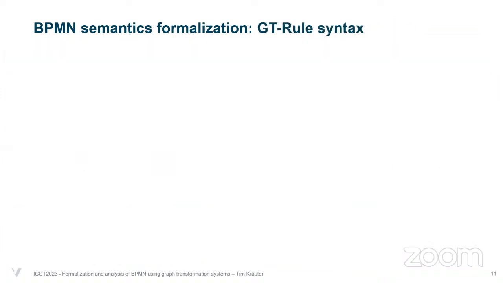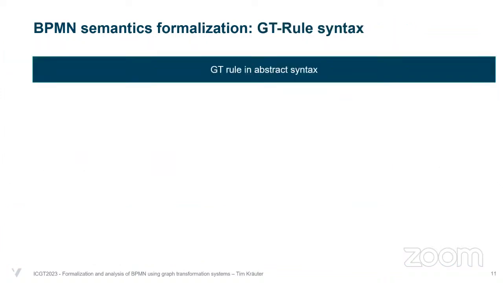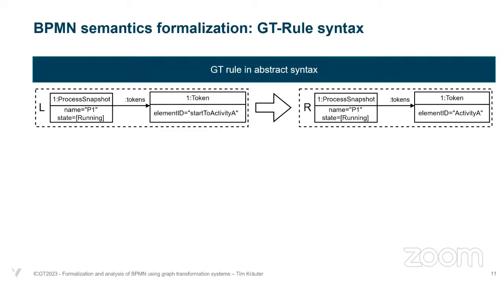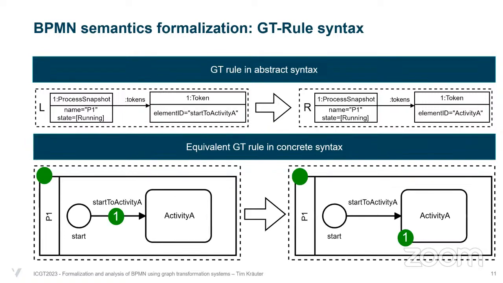Let's look at the graph transformation rules, or again, the syntax. I'll give you one example of a graph transformation rule now. So in abstract syntax, again, we have the left-hand side and right-hand side. And here, there's one token, and we change its element ID. So we're moving the token. You can see on the left-hand side, it's on this incoming sequence flow. And if you look at the concrete syntax again, we're basically moving one token in this rule, from this incoming sequence flow, horizontal,